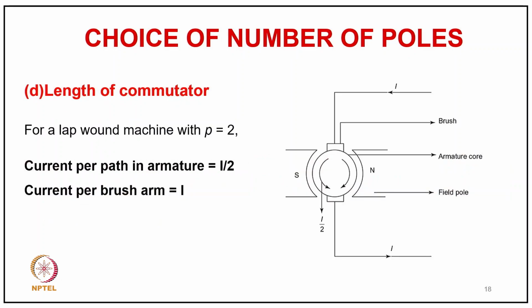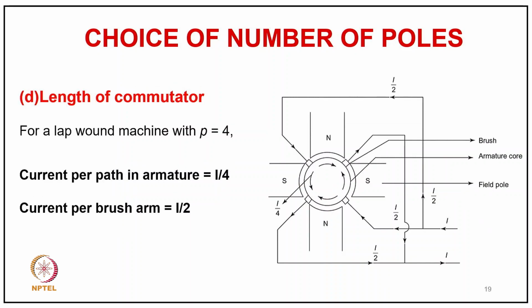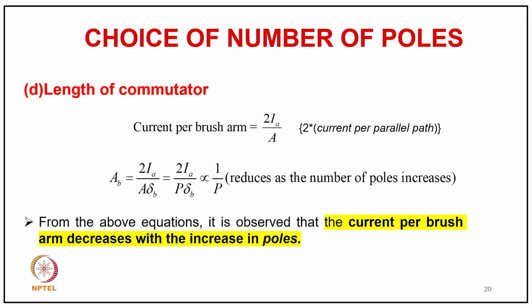Now coming to the length of the commutator. For the lap winding with P equal to 2, the current in each parallel path in the armature is I by 2, and the current per brush arm is I. Now for lap with P equal to 4, the current in the parallel path is I by 4 and the current per brush arm is I by 2, as you can see in the diagram. So now, typically for the length of the commutator, the current per brush arm is 2I upon A,